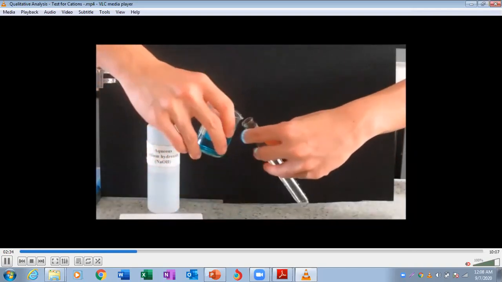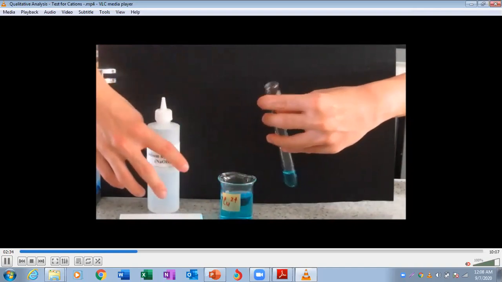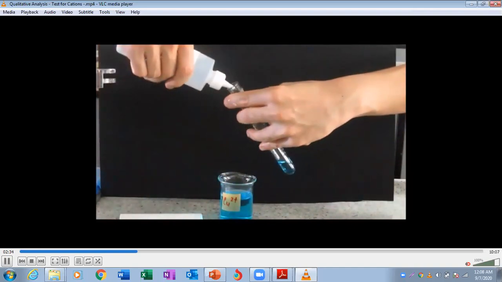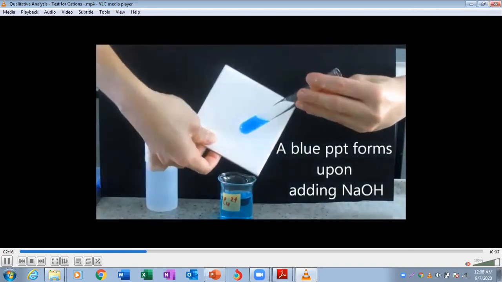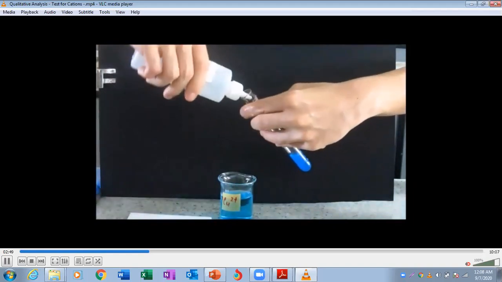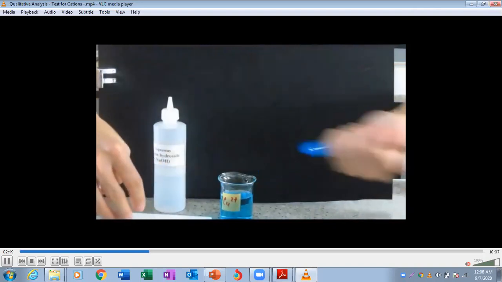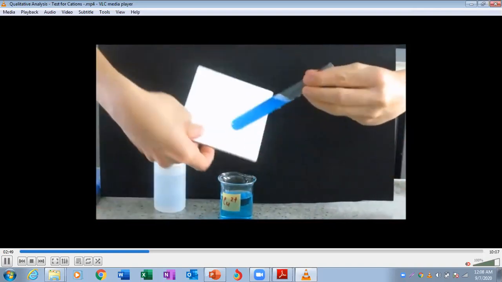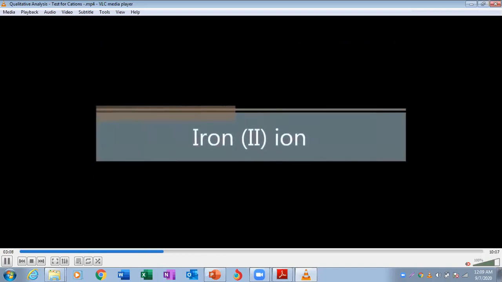it's very simple because the color of copper 2 is blue. Now that's the blue transparent solution. We are adding sodium hydroxide. Now what's happening? Solid clumps are produced, this is the blue precipitate. Now we will add some more sodium hydroxide and mix gently. The blue precipitate does not dissolve, it means the blue precipitate is still there. The appearance of the blue precipitate means the substance keeps what? The copper 2 positive ion.